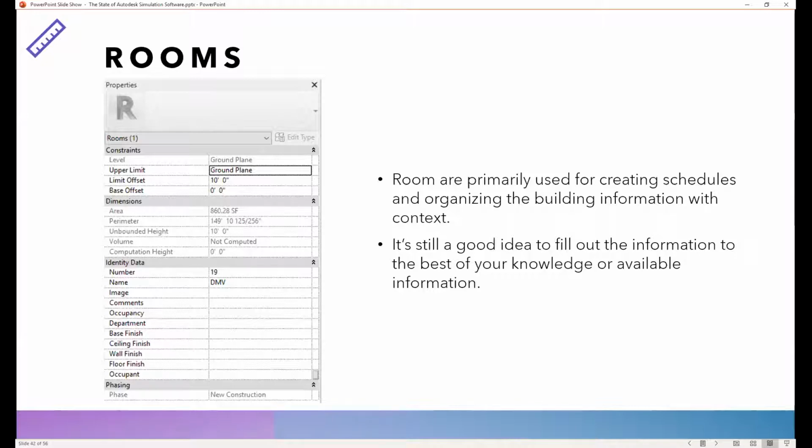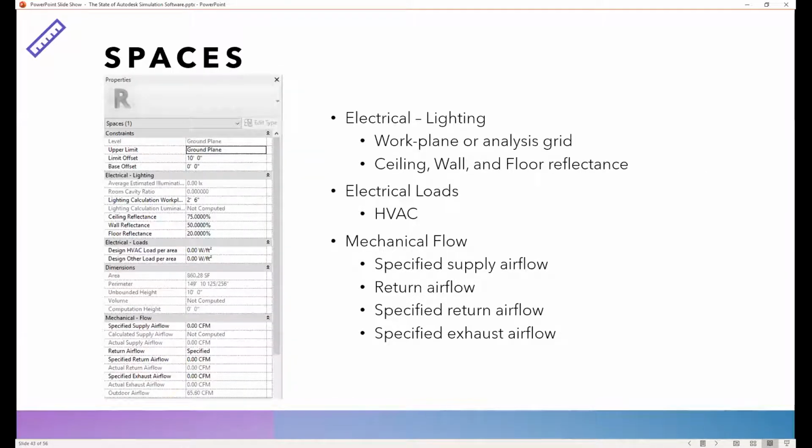Just basic details. Spaces. If you're looking to do an audit or kind of a one-to-one from Open Studio EnergyPlus, spaces is going to be your bread and butter. This is where you're going to find a lot of detailed information that you would normally define in Open Studio. So your electrical lighting, electrical loads, mechanical flow,